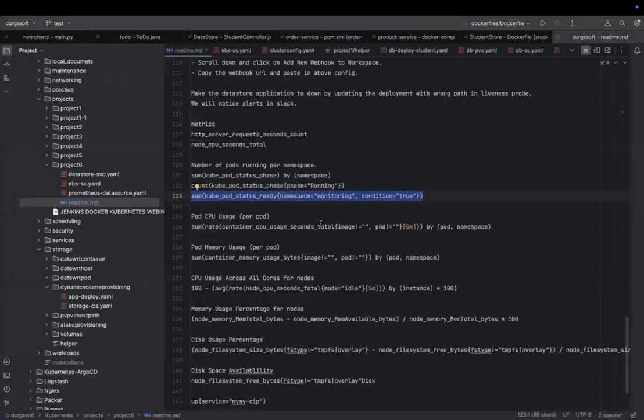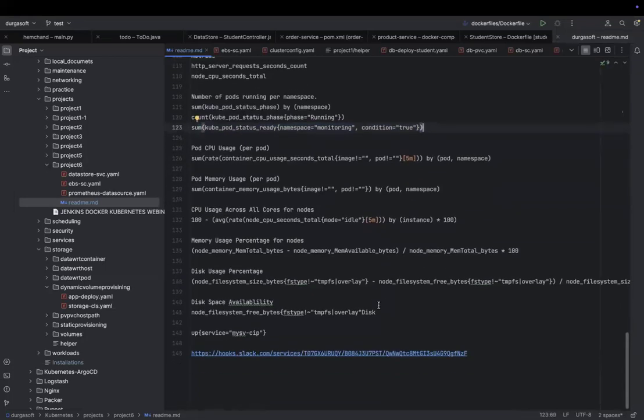Yes, you can also get the PromQL metrics. This is something we call a metric, and these queries you can find in the PromQL documentation, where there are many documents available. Okay, let's go to